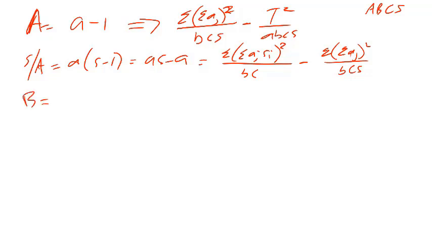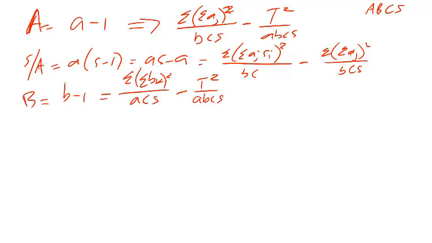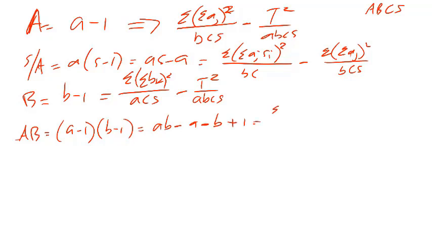B is just B minus 1, so that's the sum of B_j squared over ACS, minus the T squared over ABCS. AB is A minus 1 times B minus 1, which means it's A minus B plus 1. So that's the sum of,